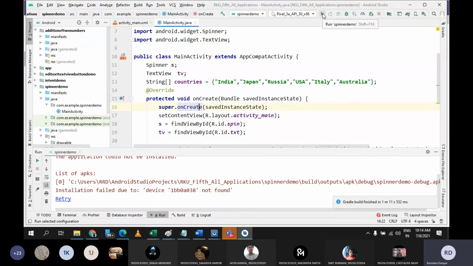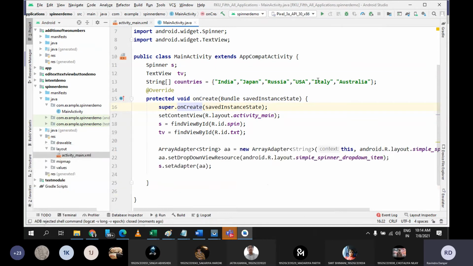Why by mistake my phone has disconnected. My God.